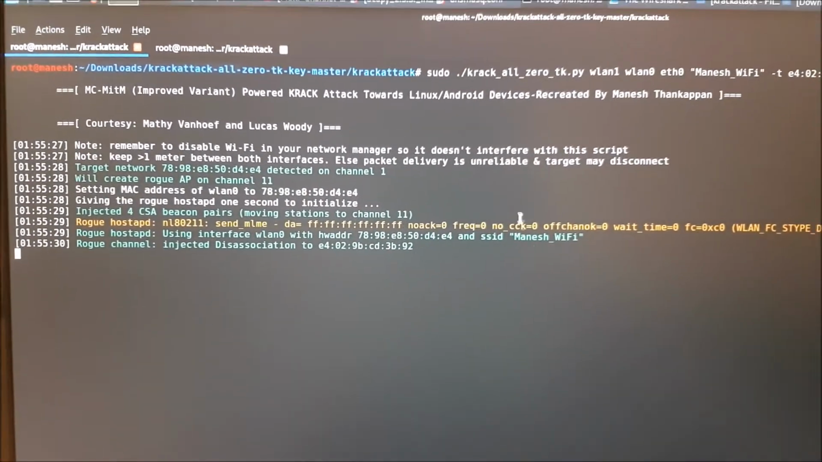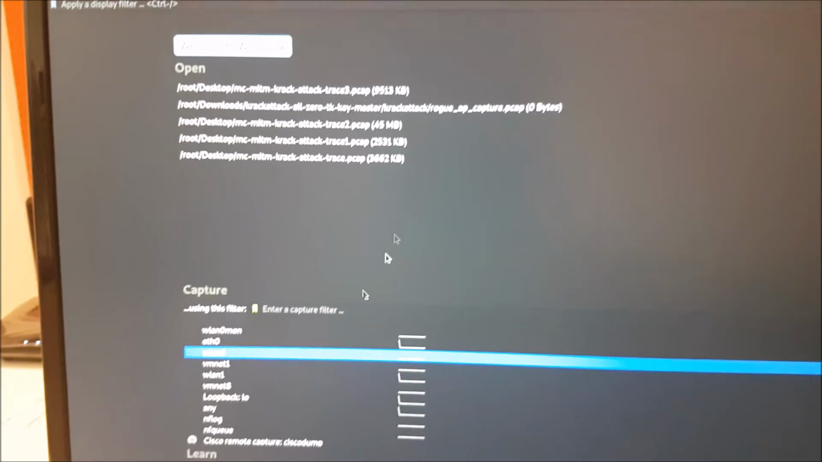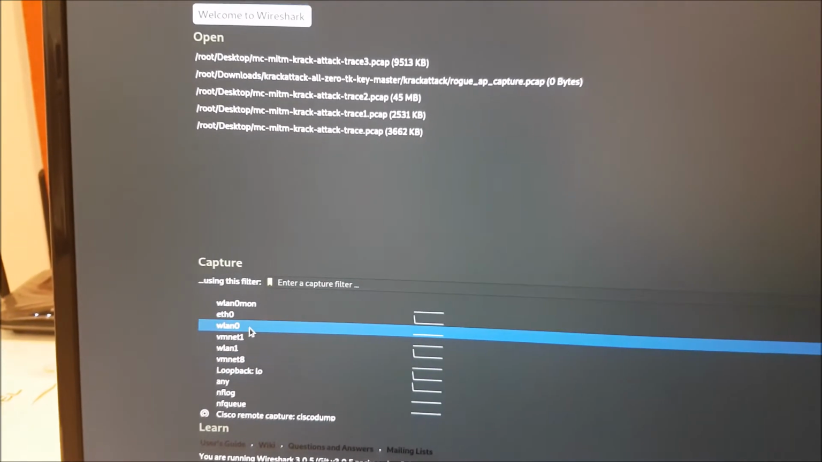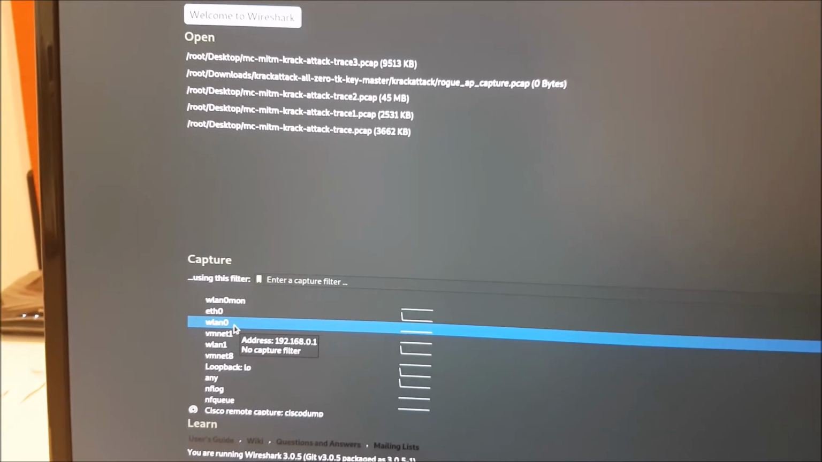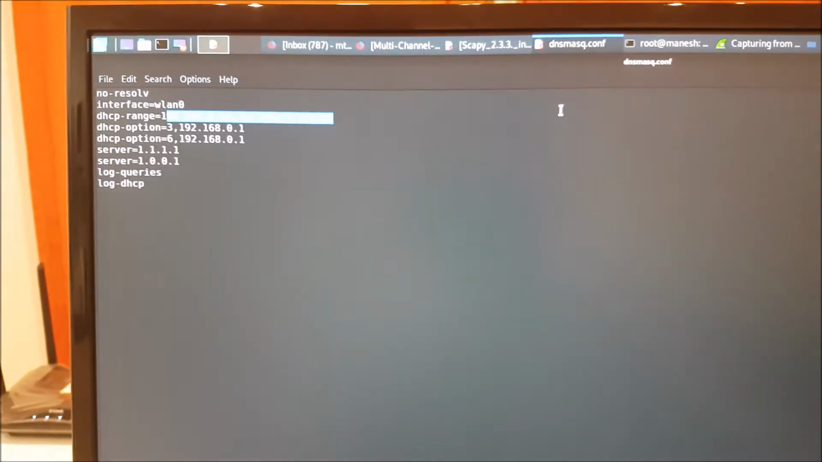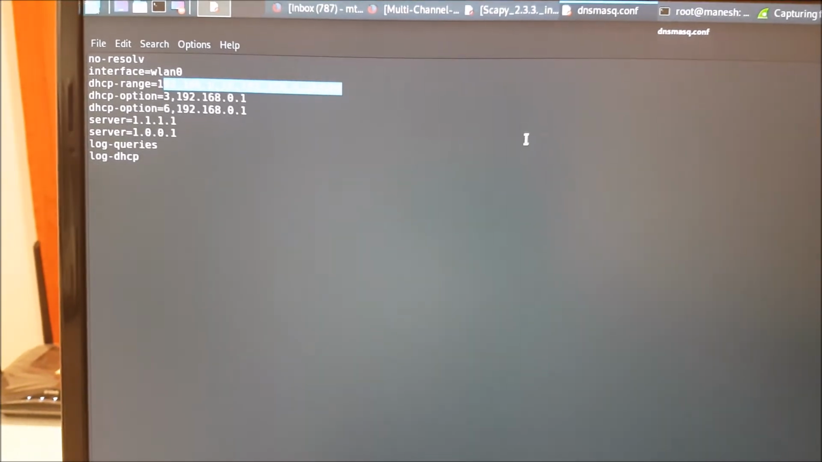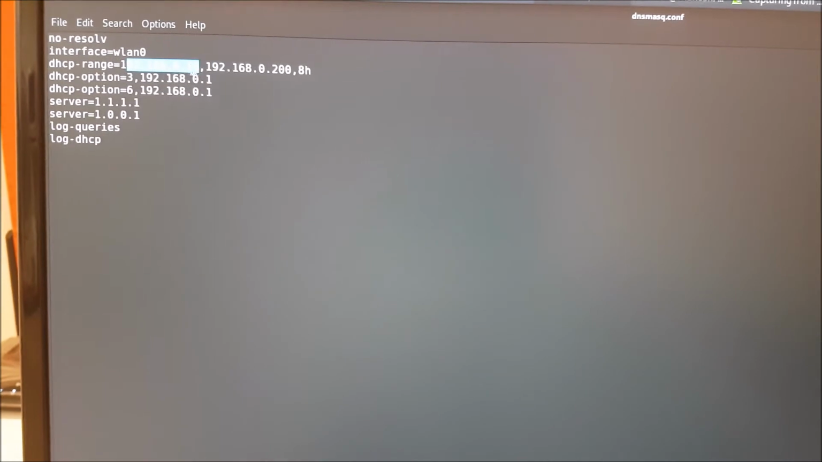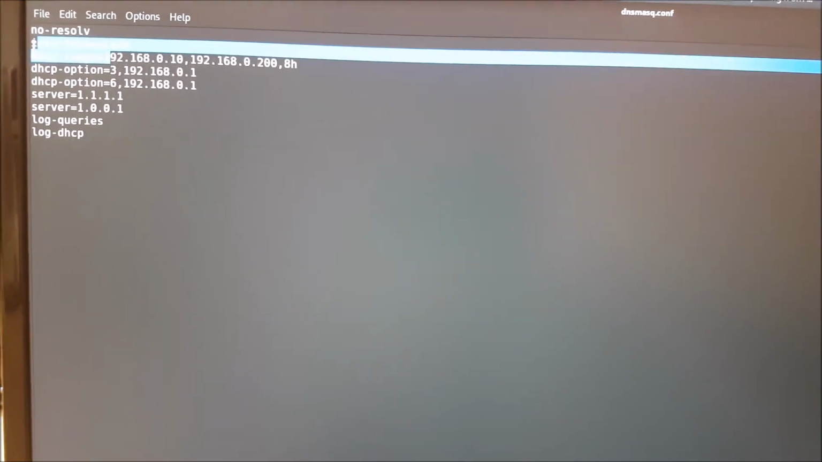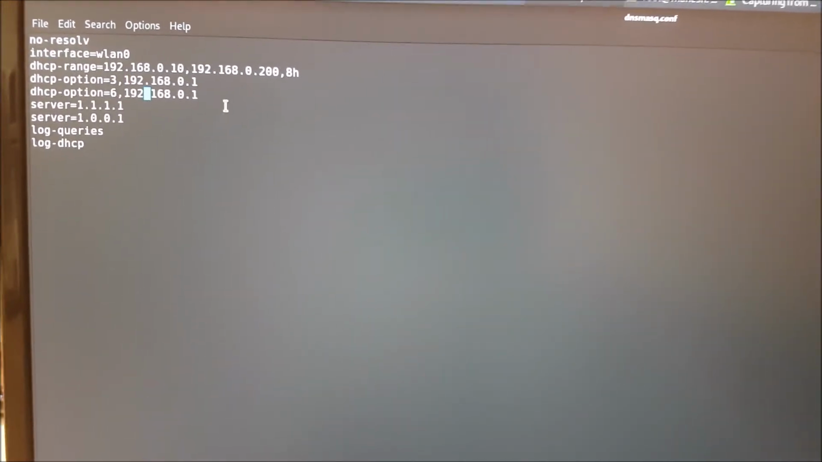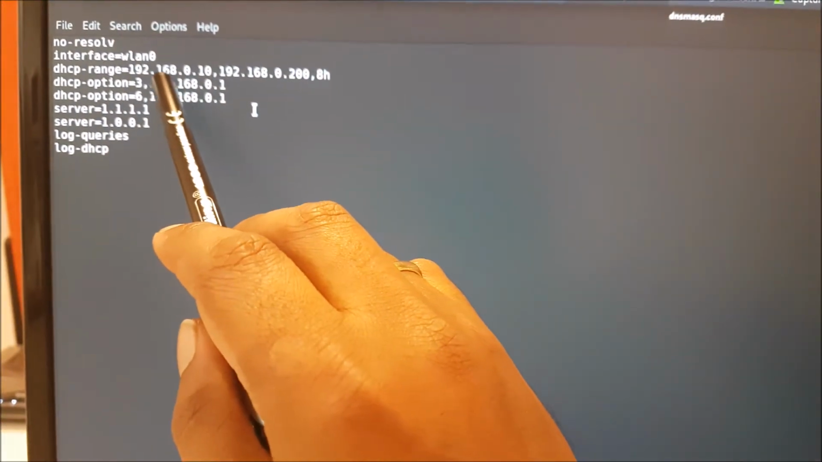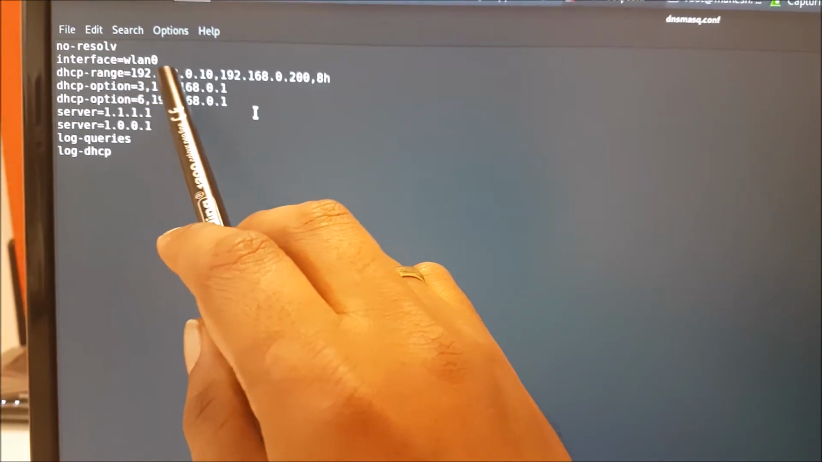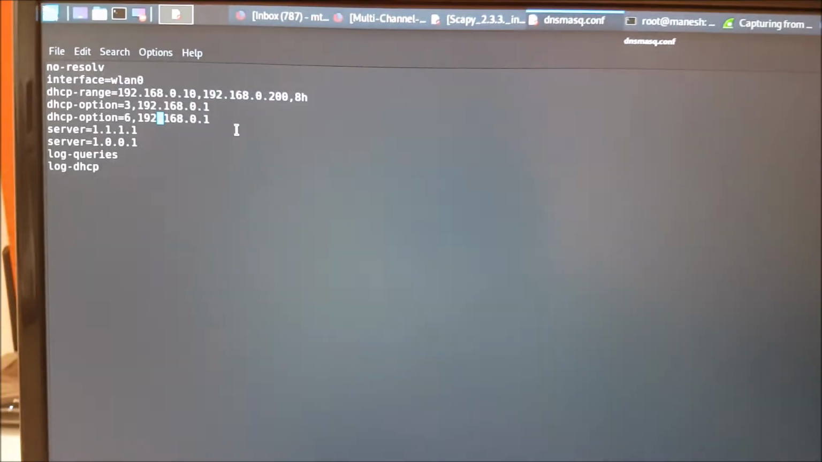And I will also start Wireshark on WLAN 0 to capture the traffic from the client. And I will also show you the DNS server of the attacker. So when the client machine connects to the attacker machine, it should have an IP address in this range. So let us say 192.168.0 dot something. Okay, so let us go to the client machine